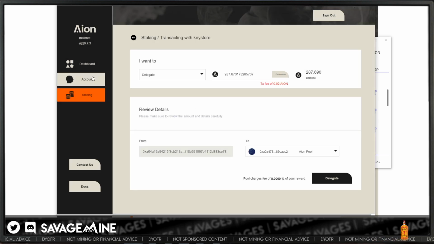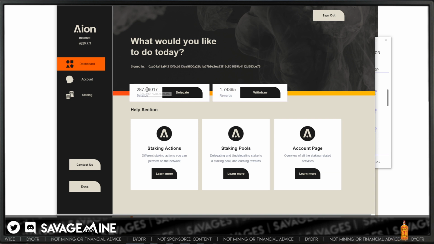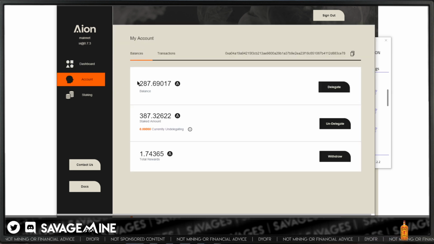Back to staking. So you should see in the dashboard, this will go away. I think. Yeah, the balance will go away. So if you go to account here, you can see the balance here. This is how much I'm staking through this address right here. And you can see rewards and everything. So now that part has been confirmed. And then eventually that's going to pop down here, and you're going to see this go to what, over 600, I think, in a few seconds.